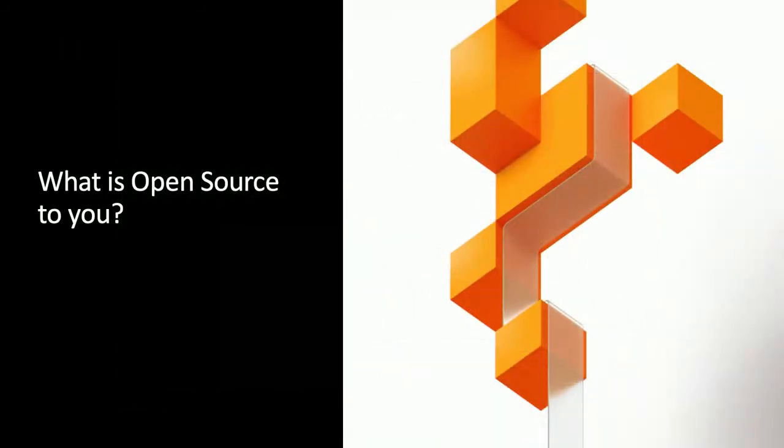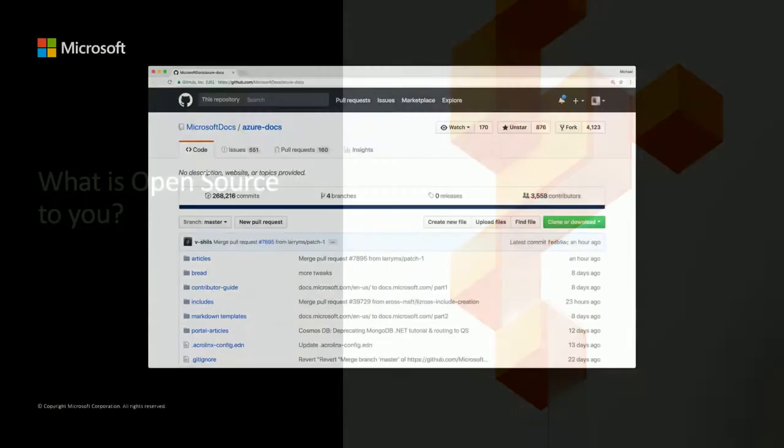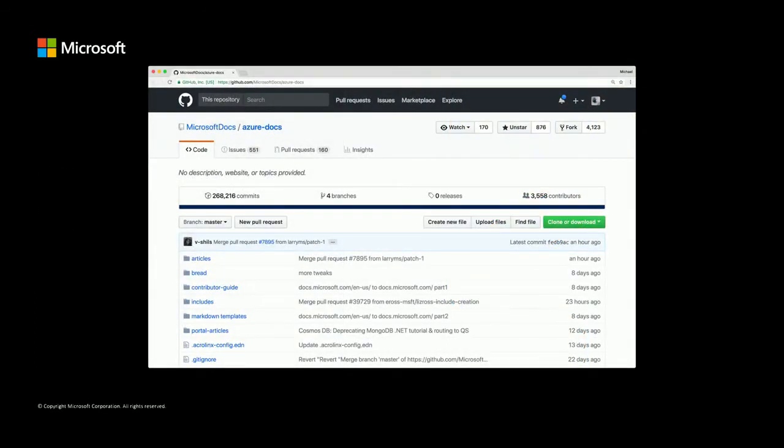Cool. So what is open source to you? I think we're going to talk just really quickly about open source itself, and then I'm going to hand it back off to Matt, who can talk us through some of the concept of inner sourcing, that philosophy. So I think what we were hoping to illustrate here with this screenshot is, first of all, if you've never seen a GitHub repository, meet GitHub.